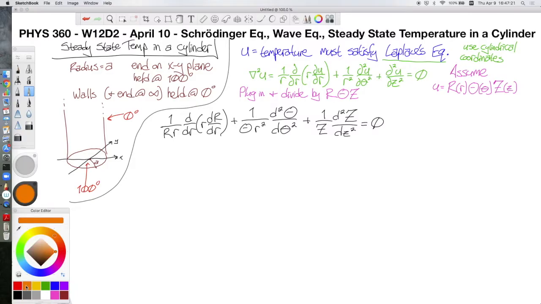So the way we break this up is going to be a little different than before. We're going to look at the first two terms of our equation here and say that these are functions of not z. So we have r's and we have thetas, but there are no z's in these first two terms. And our last term here is going to be a function of only z. So this means that this part here, the part that is in terms of only z, must be equal to some constant that we're going to call kappa,